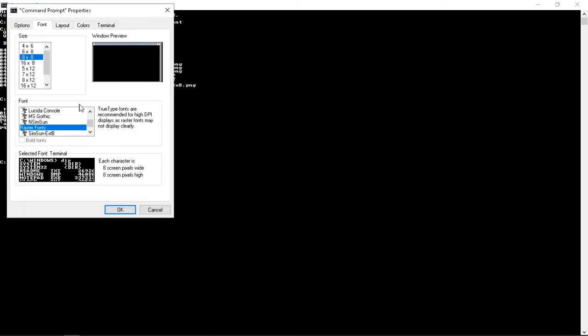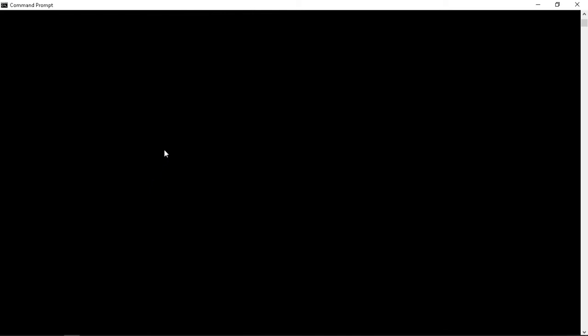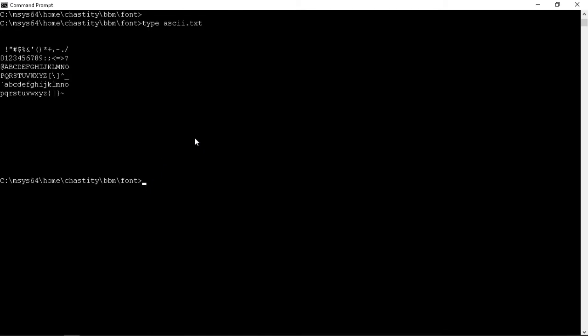Right here in the properties, notice that I have the raster fonts option, and the size is 8 by 8. If I were to choose a different one, like Courier New with a font size of 20, and redo the command,